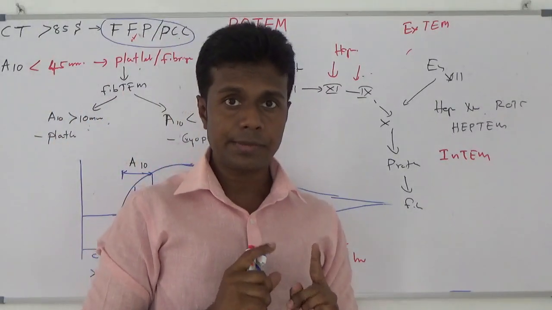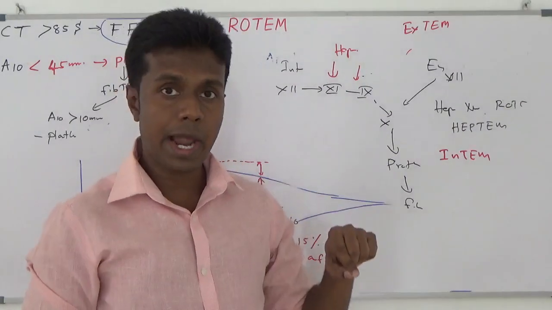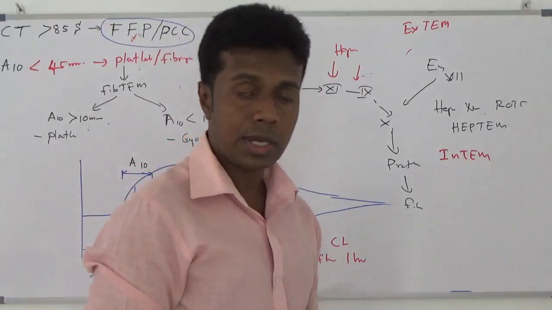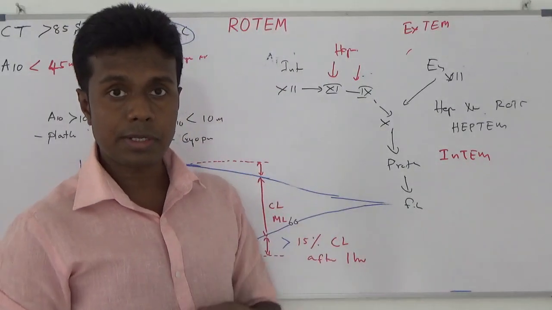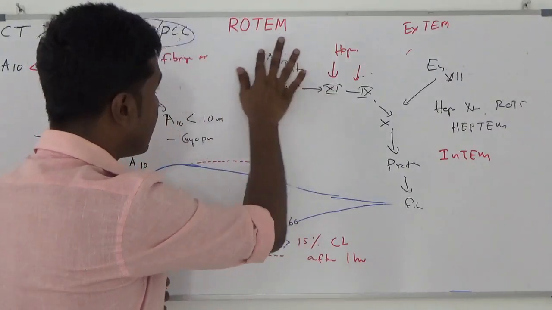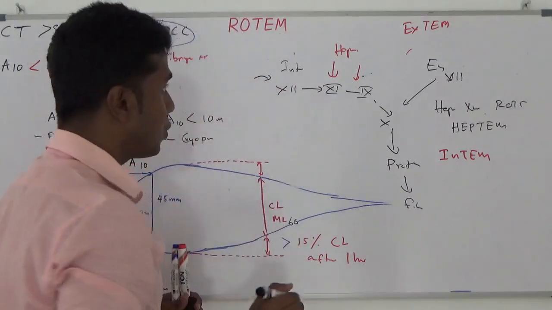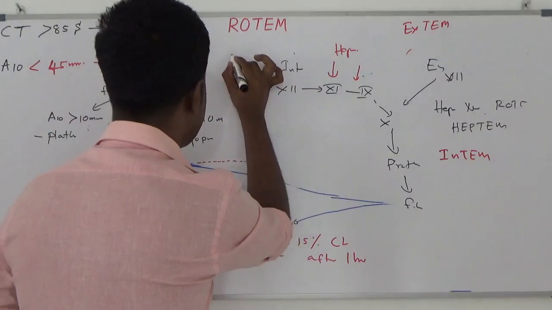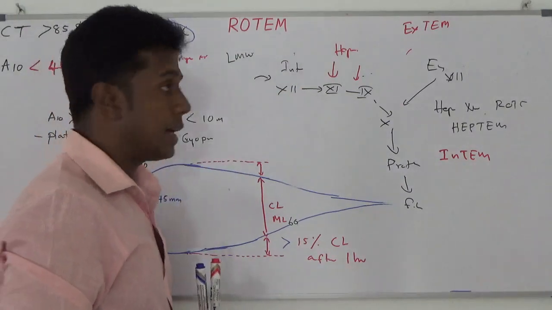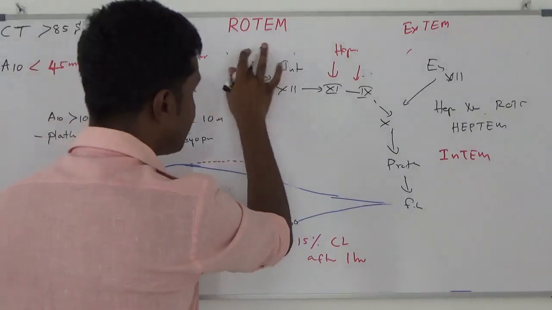Previously I took the sample into the test tube and added tissue factor from outside. Now I am going to take a citrated blood sample into the test tube and add intrinsic pathway activators to that sample. I already told you the intrinsic pathway can be activated by low molecular weight kininogen, kallikrein and phospholipid as well. Now I am going to add phospholipid into my sample.